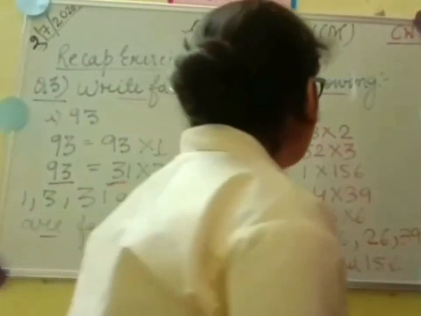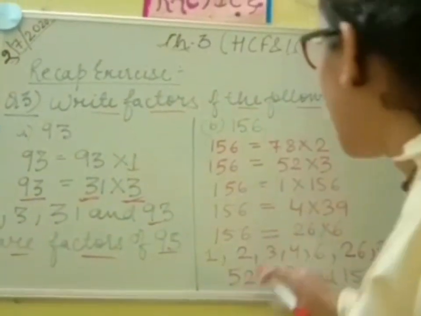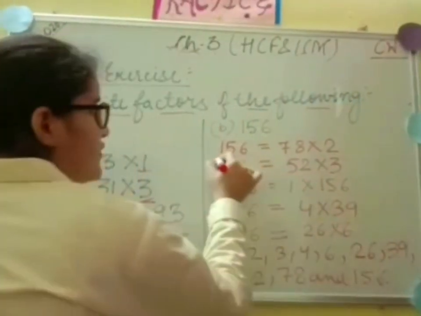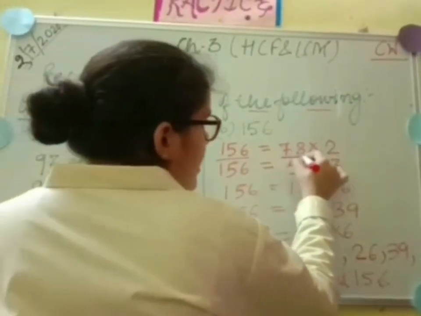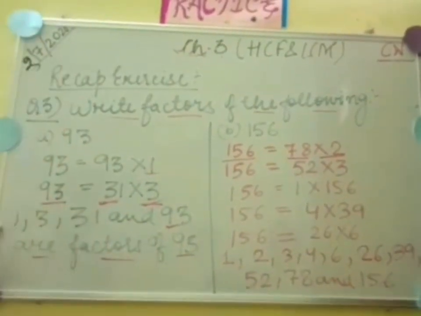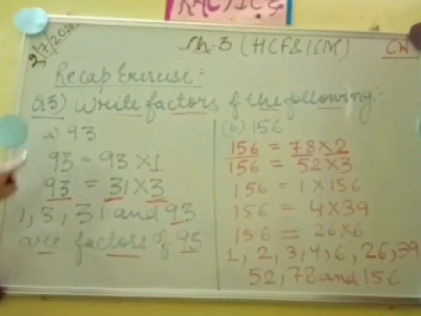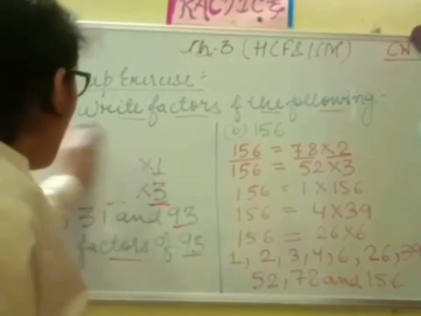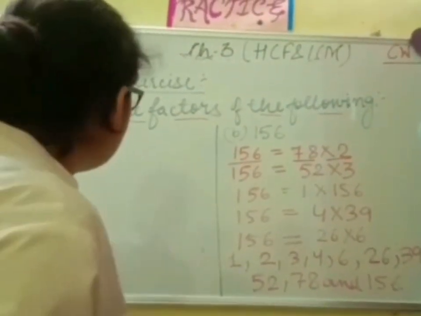So students, now come over here. Now add the B part. Now if you look at the B part, 156. If you multiply 17 and 2. So how I got this? Now I hope that you have written this part. Just write this part in the notebook. Now I will explain you how I got it.